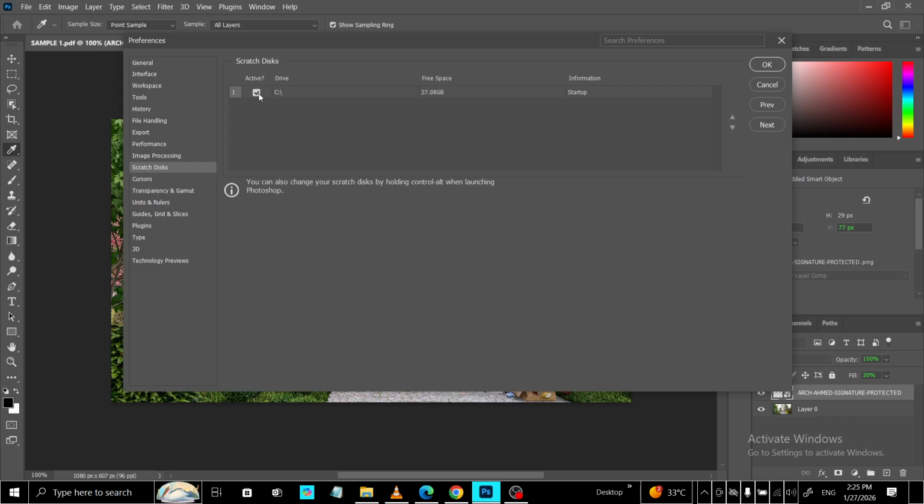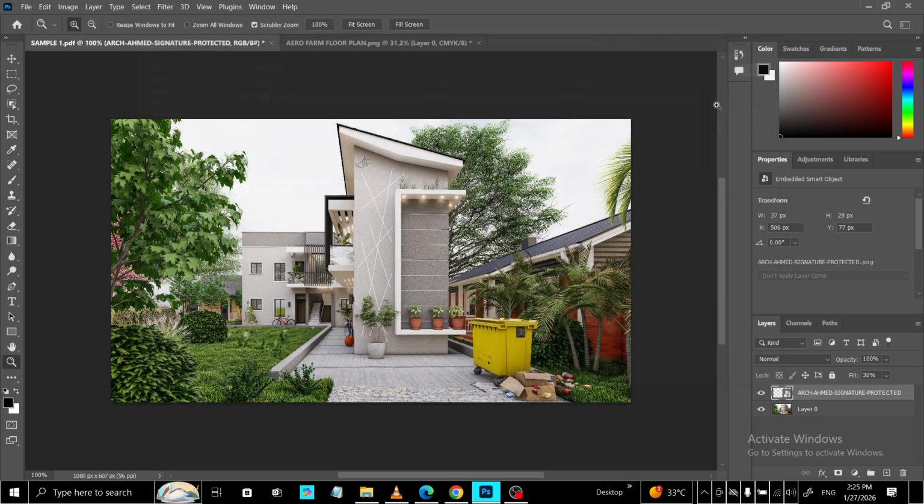After relaunching, you should notice fewer warnings and better performance, especially with large files or lots of layers. If you run into the same issue later, repeat the temp file cleanup and make sure your chosen Scratch Disk still has room. Keeping your drives tidy